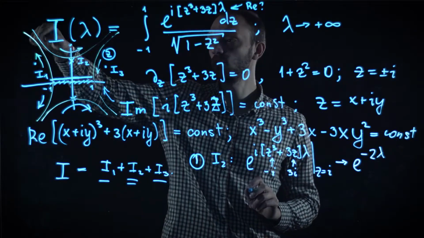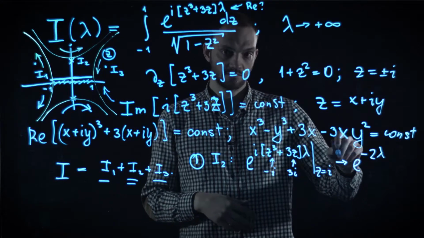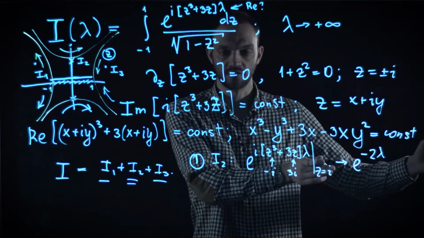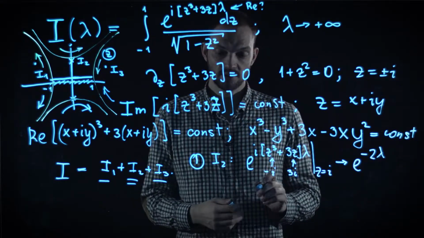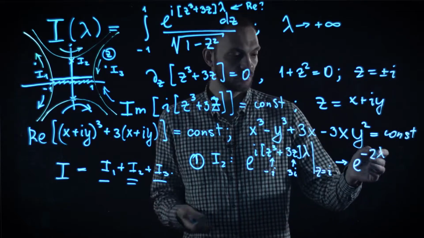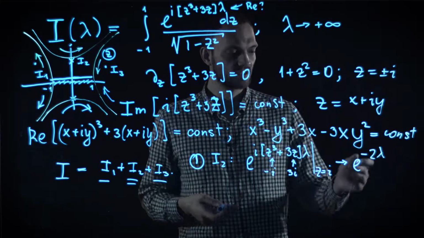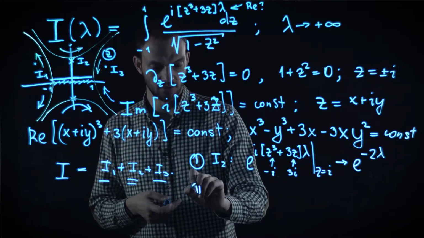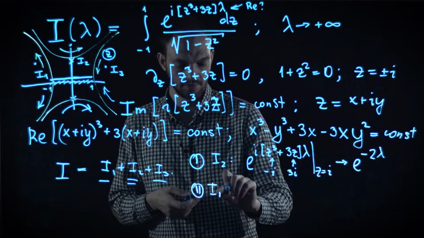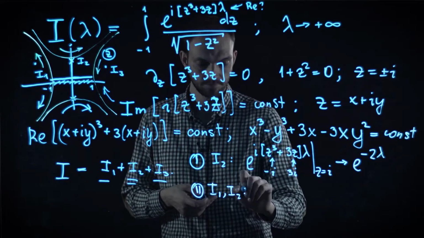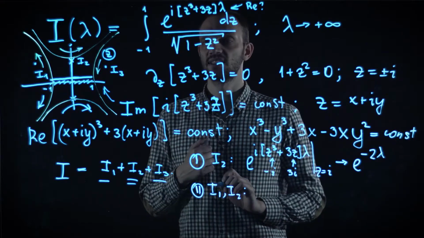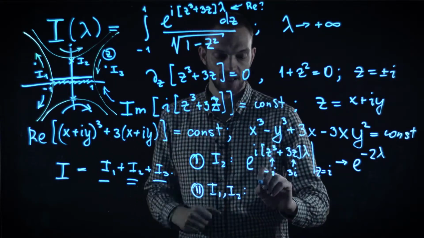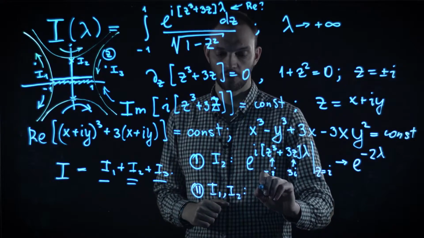And obviously at large lambda, this is an exponentially small expression. Full evaluation along this contour also provides some factor, which is a power law function of lambda, and in principle generates a whole series of these powers with different coefficients. But as a first guess, we can understand that by an order of magnitude, this will be an exponentially small number. And let us now take a look at the second contribution, so actually I1 and I3. Let us see what is the value of the exponent at the endpoint of the integral. And in fact, it is a much more pleasant one.